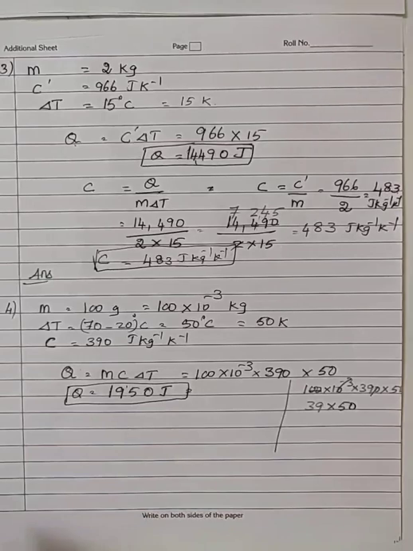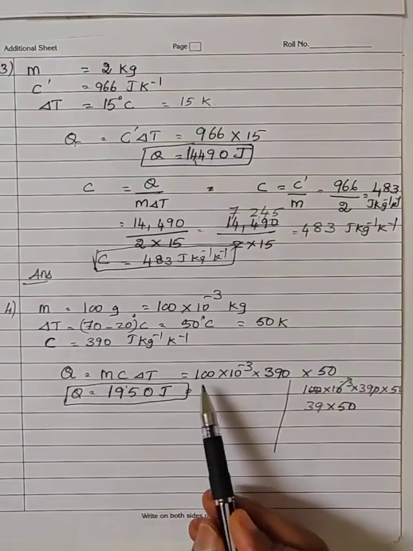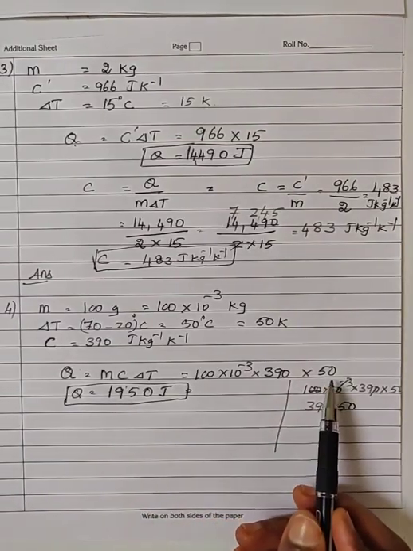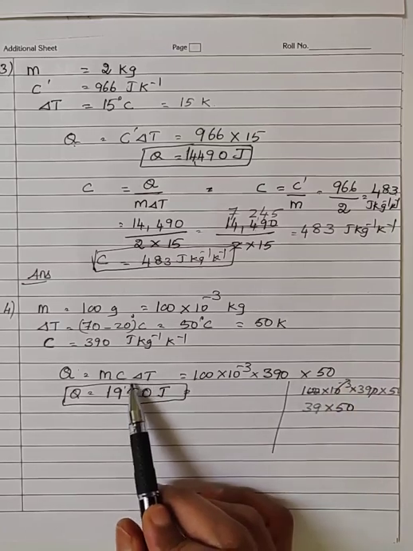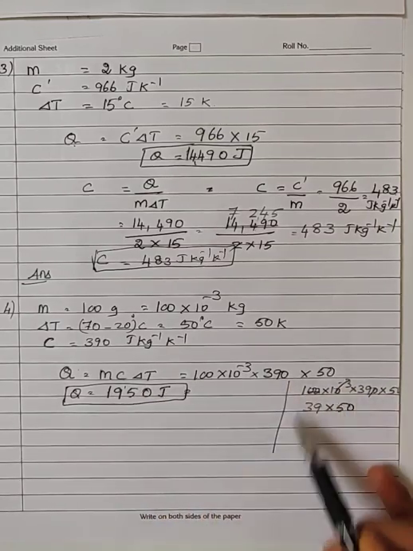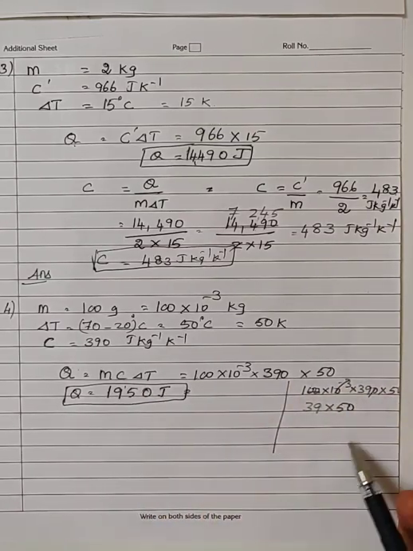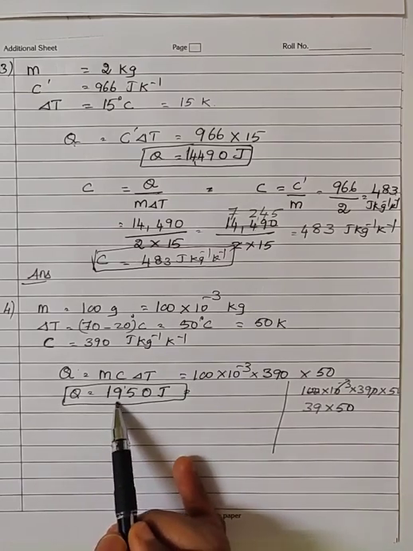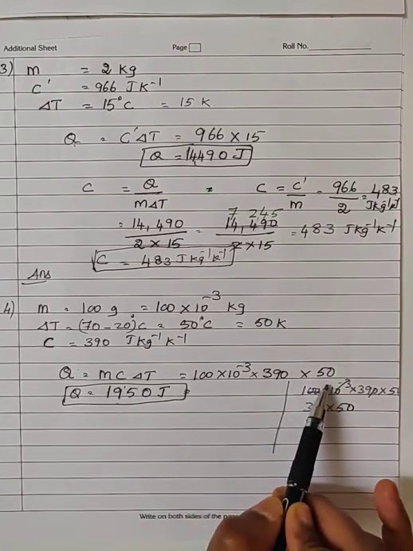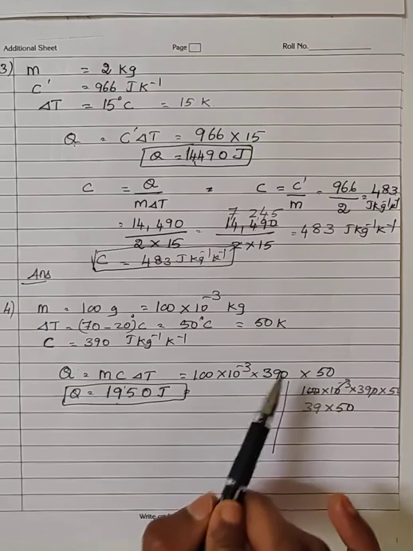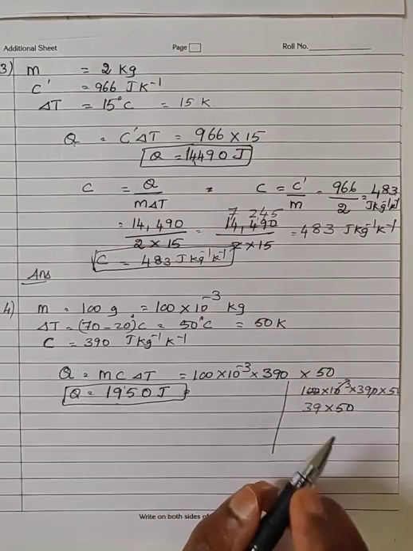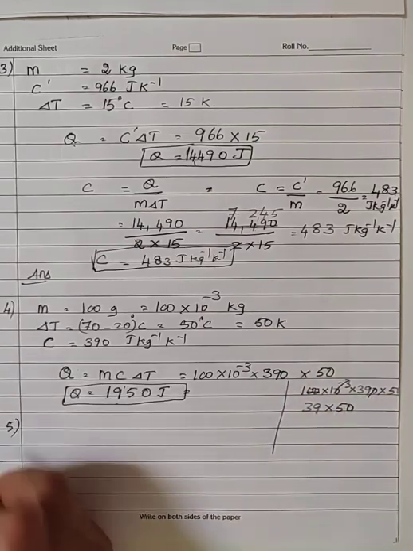You are asked to calculate the quantity of heat energy. Whenever you are substituting, please don't cancel it in that line. Write the expression, then the substitution. Then do the simplification in the rough column, and write the answer here. Wherever you have substituted the values in the expression, don't simplify in the same step. Okay. Next one, fifth question.